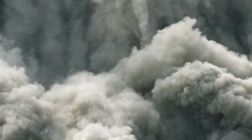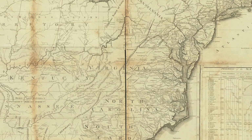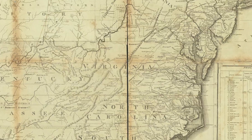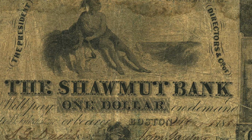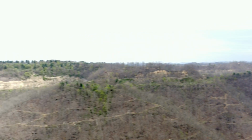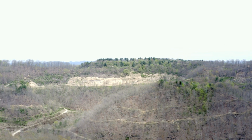The history of our Virginia property is actually quite interesting. It dates back to the 1700s when it was initially a land grant that was actually part of West Virginia. That land grant stayed intact until the late 1800s when a gentleman purchased it through Shawmut Bank. Shawmut Bank retained ownership all the way to the early 1970s where a man named Don Nicewander purchased it. Don Nicewander mined the property through mountaintop removal and contour cut mining all the way through 2006